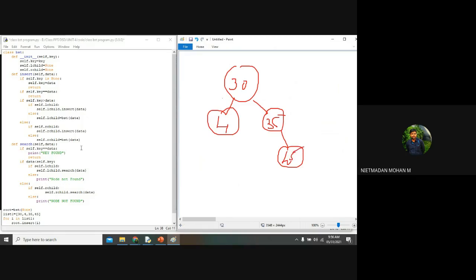So whether you give a root node or not depends upon you when you are writing the program. If you are giving the root node, you can initialize the root node here itself. So in this case, the 10 will be my root node, and 30 and the rest will be on the right hand side. That will be fine. So as of now, this is the thing for the insertion and search operations.